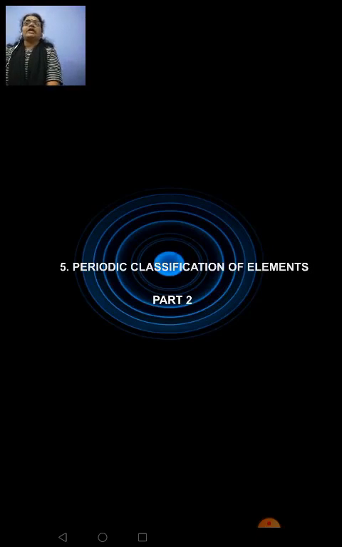First, let's have a quick recap of what we had done in the previous session, and then I'll start with today's session. So first, what's the meaning of a triad? A set of 3 elements. Daubernier's triads mean every group had a set of 3 elements,